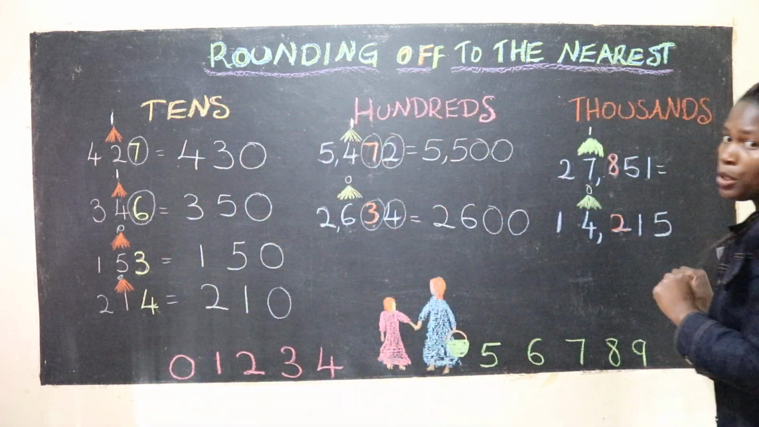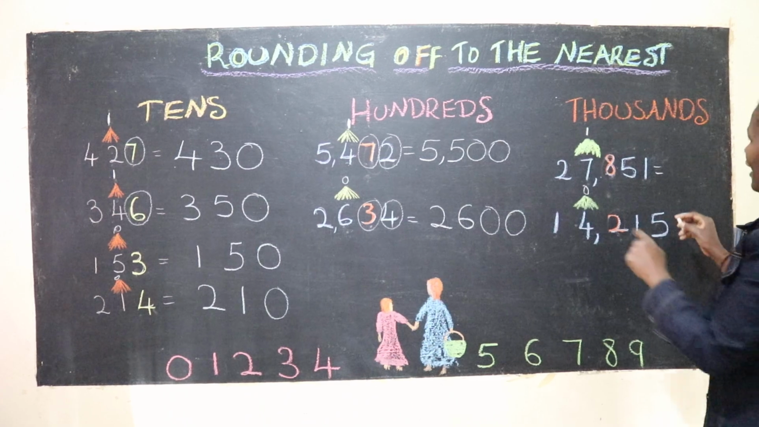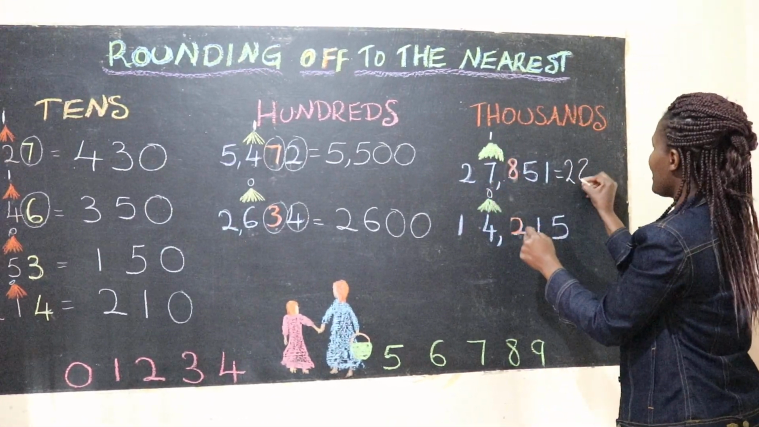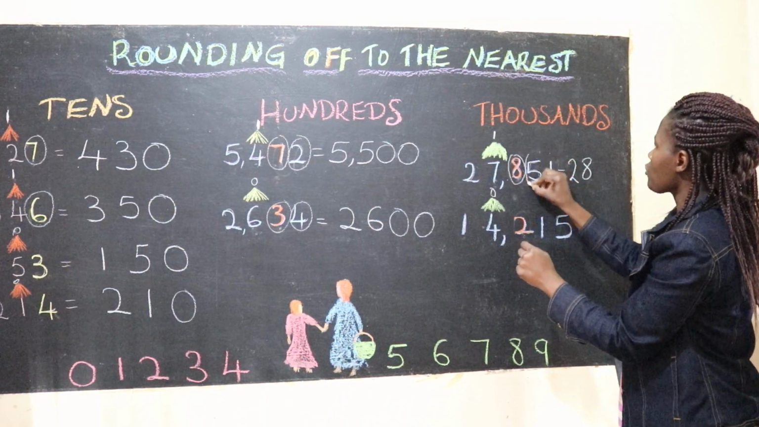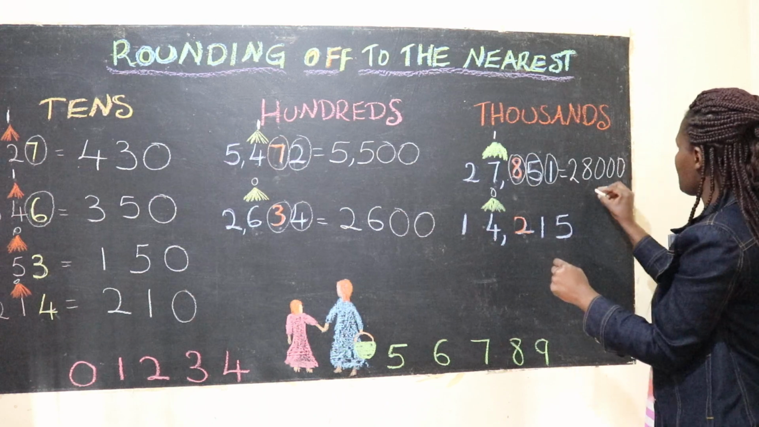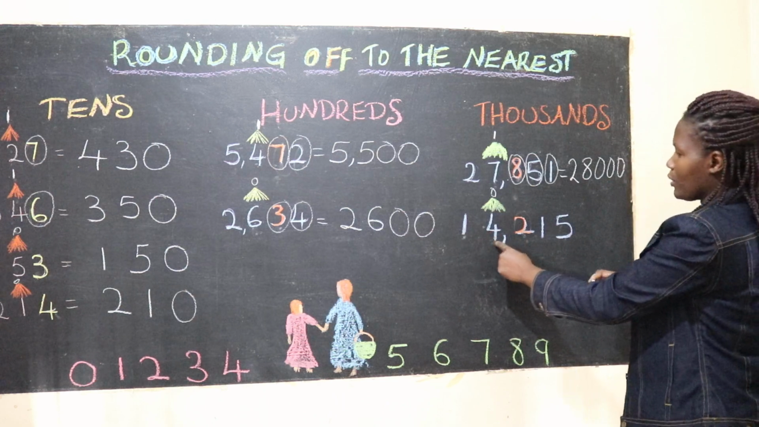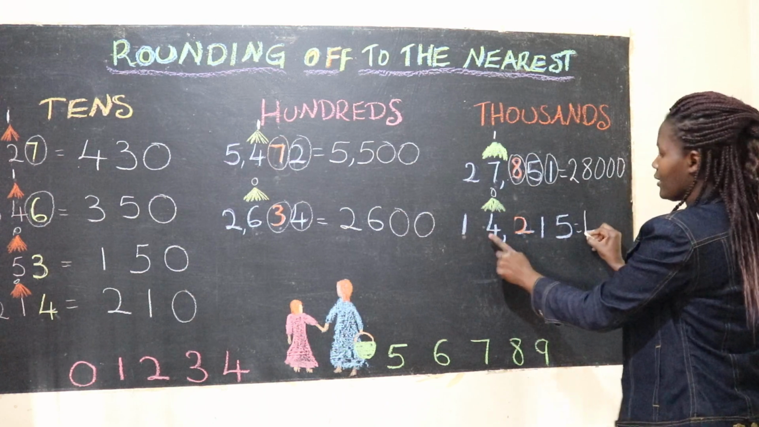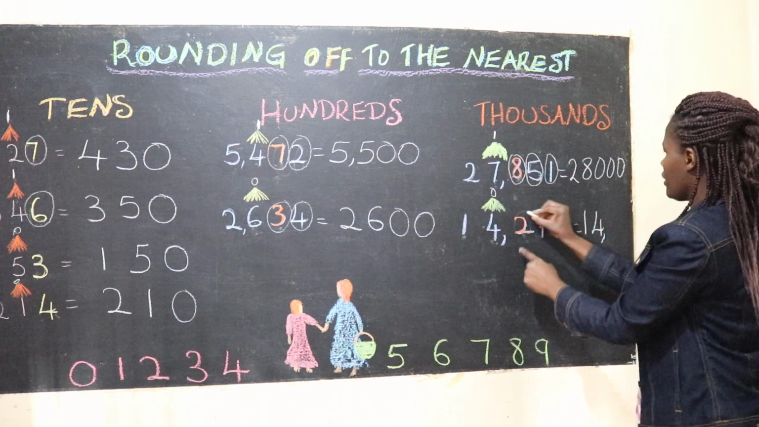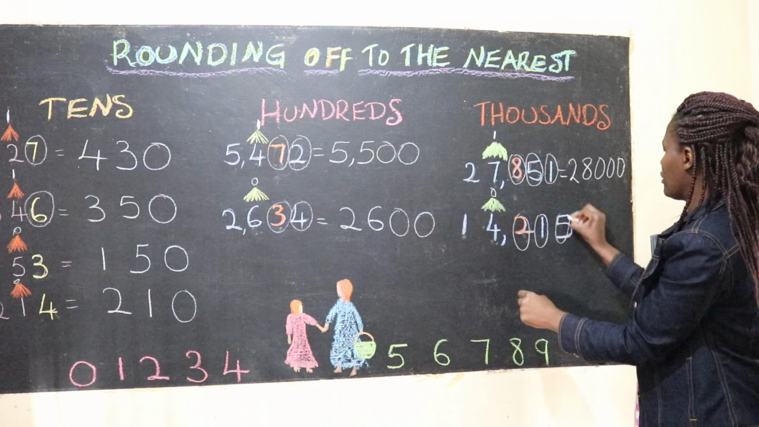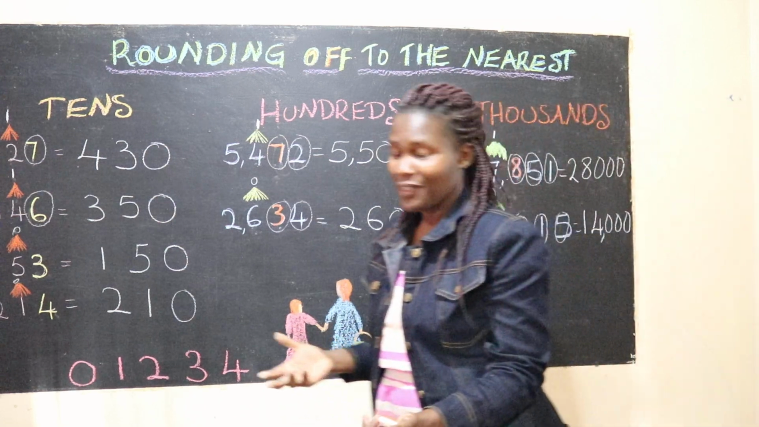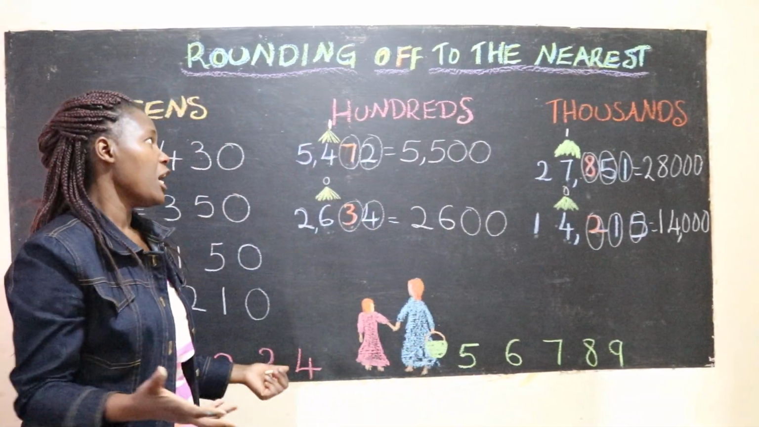What about our huge thousands? We will have 2 there. 7 plus 1 will be 8. And these ones will be gone. And there will be zeros. And what about this one? We'll have 1 and then 4. And then they will be gone. You see? This is how we change numbers to the